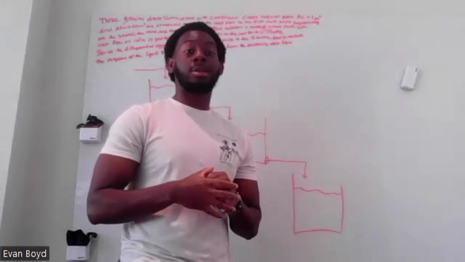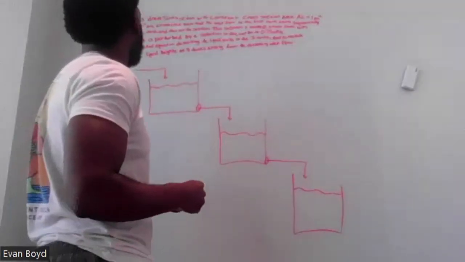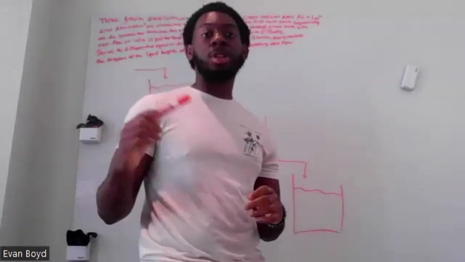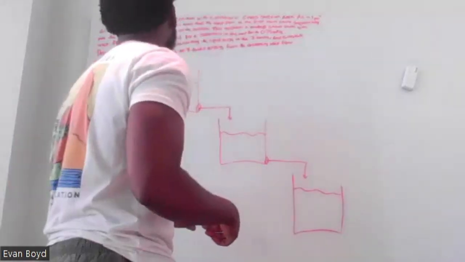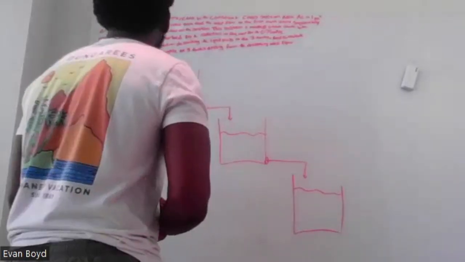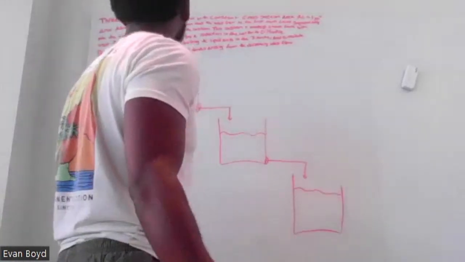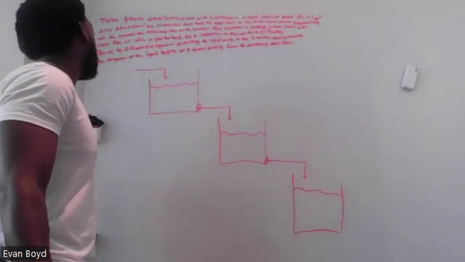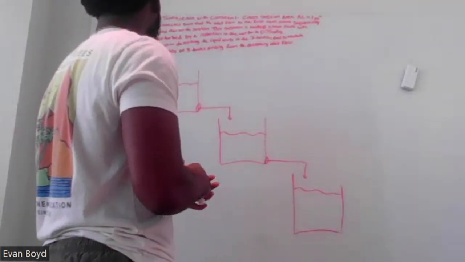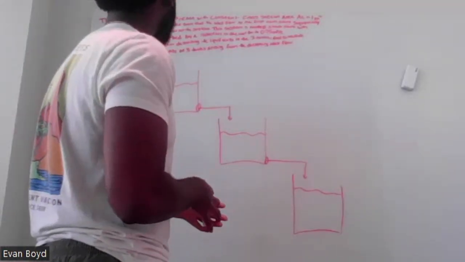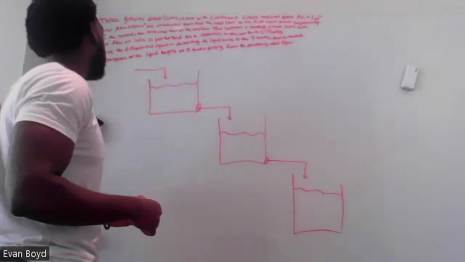Hi, this is Evan, and today we'll be going over how to calculate the change in height with a three gravity drain tank system. Okay, so today our prompt reads: three gravity drain tanks, each with a constant cross-section area of 1 meter squared and a hole area of 0.05 square meters, are connected such that the inlet flow to the first tank drains sequentially into the second, the third, and out